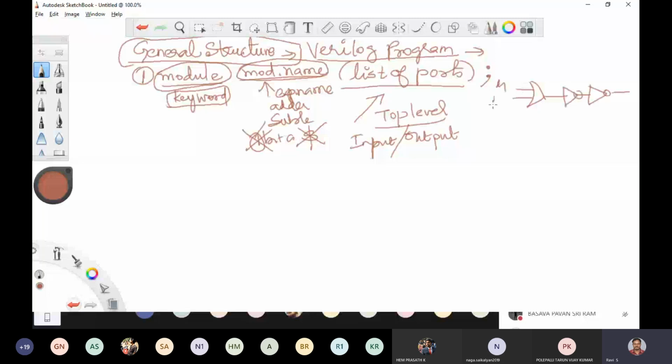This is A and B and this is Y. So A, B, Y are the top level ports. These are intermediates: suppose this is W1 and this is W2. These two are intermediates. Top level ports represent the external pins. A, B, Y are your top level ports.